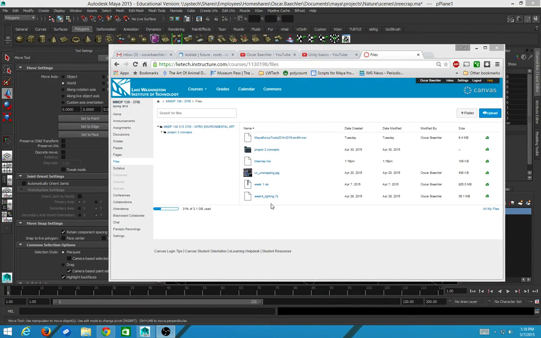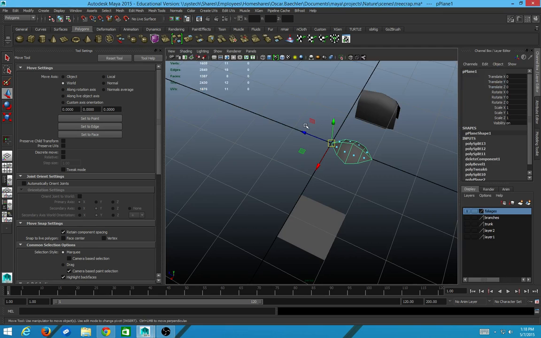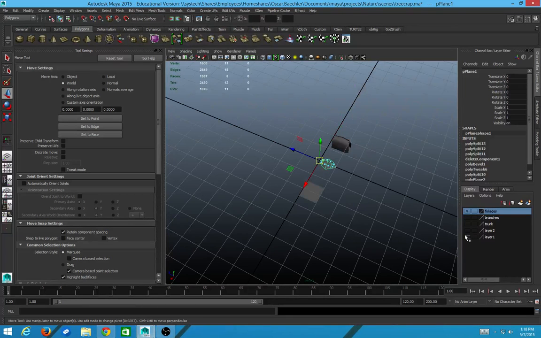Welcome to MMBDP 138. So if you go to the Canvas page and go to Files, you'll notice a tiny file called treecrap.ma, following my classic high-quality professional naming conventions. If you download this, it's just a very tiny file, and it has some of the things that we worked